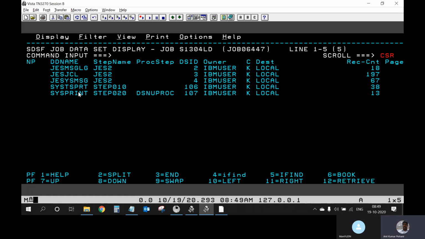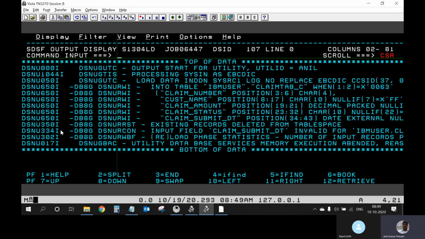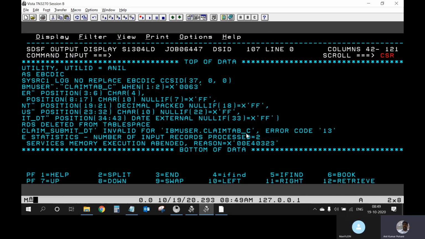Those things you will find in Sysprint itself. If you look properly, you will find it very clearly there. First, you need to see the error message over here. It says this input field has invalid data. Then come down to the right side and see the number of records processed. That will tell you which record is causing the issue. Two points on the Sysprint itself: what is the column that has wrong data and what is the row that has the wrong data.